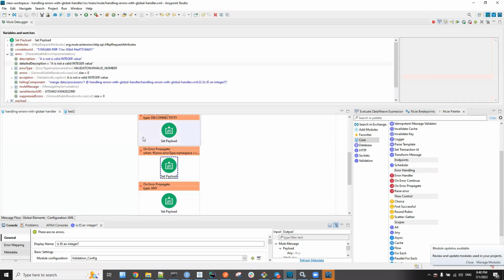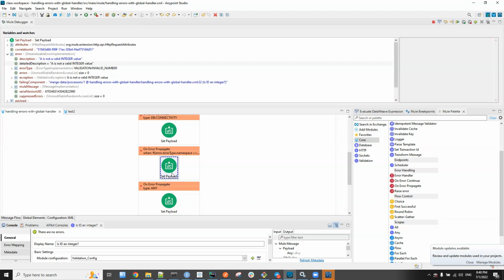So now when I click next, it should come to the second processor, is what we are saying. Click next. As you can see, it has come here because that evaluated to true. So that is on error propagate. Actually, if this had been on error continue, it would return a status code of 200, and the payload in here is still the same payload in both on error propagate and on error continue. In this case, the body we get will be the payload.